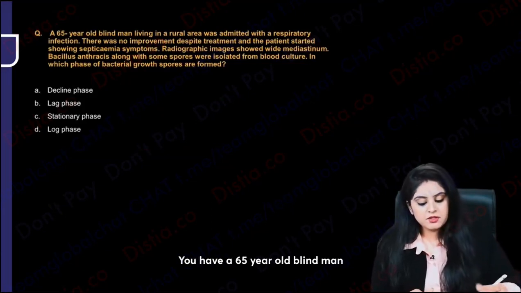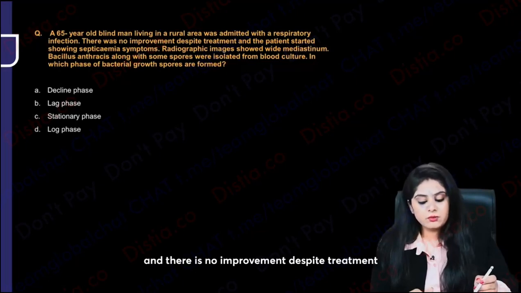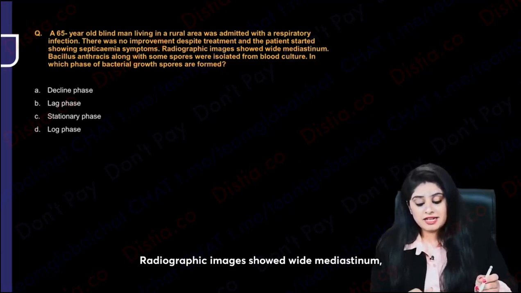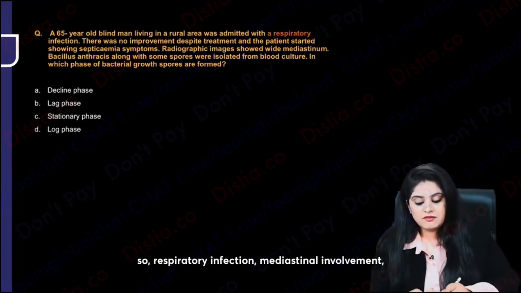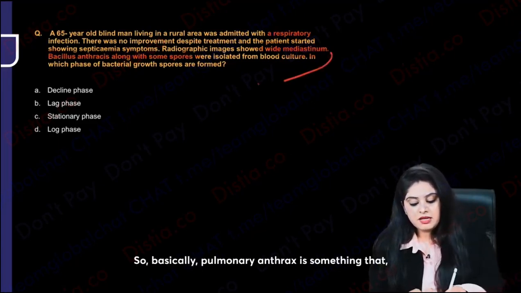You have a 65-year-old blind man living in a rural area admitted with a respiratory infection, and there is no improvement despite treatment, and the patient started showing septicemia symptoms. Radiographic images showed wide mediastinum. So respiratory infection, mediastinal involvement, Bacillus anthracis along with some spores. So basically pulmonary anthrax is something that